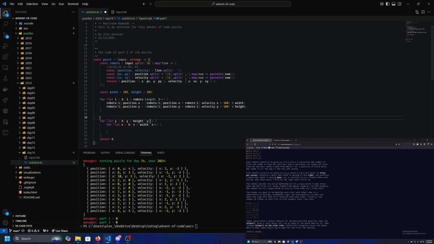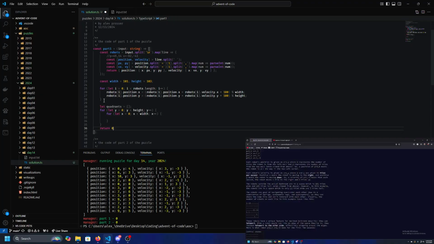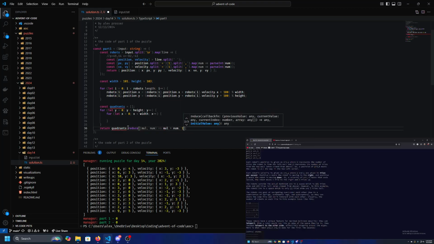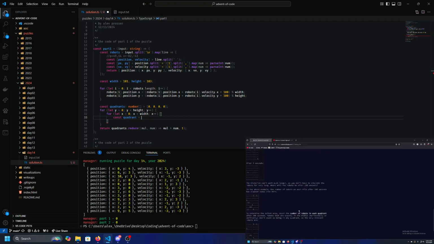x, let quadrants equal that, or I don't even need this, can be a const, and then we reduce it by multiplying whole times num1. This could be a number array. In fact, so quadrant is equal to, so I guess it doesn't really matter, so we could just do